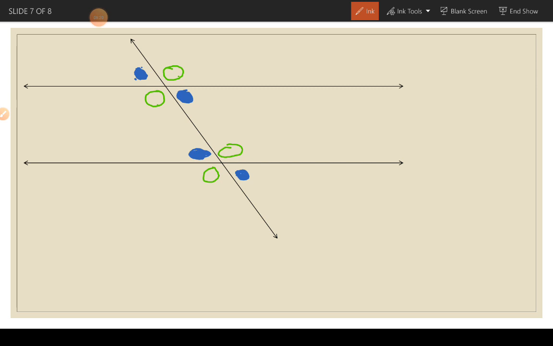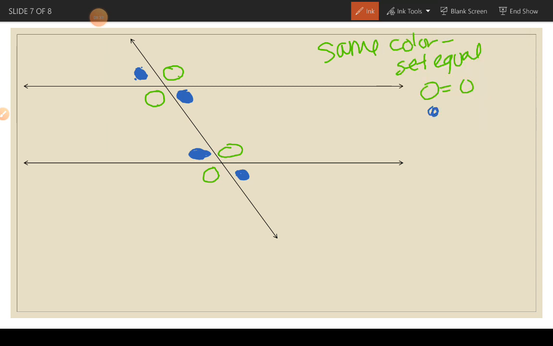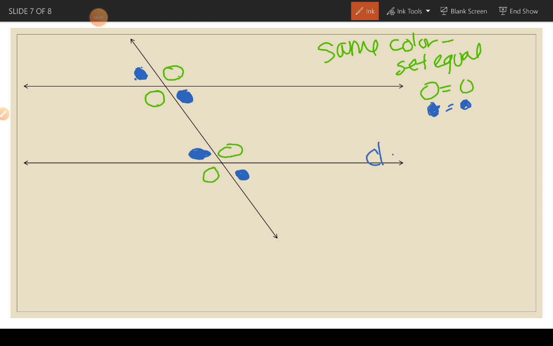So what do we do to solve problems here? If they're the same color, we set equal. So green is equal to green. Filled in blue is going to be set equal to filled in blue. Now, if they are different colors,